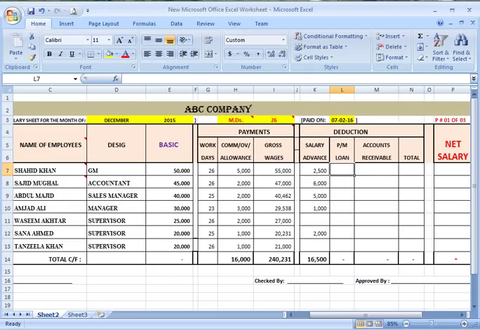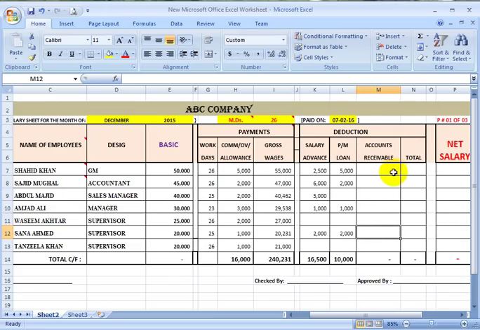Maybe employees have taken some kind of loans which they are deducting on a monthly basis. Shahid Khan Afridi has taken a loan of, say, 5 lakh and is deducting 5000 per month, 2000. He has no loan, 1000, 1000. So account receivable, other recoveries like this.